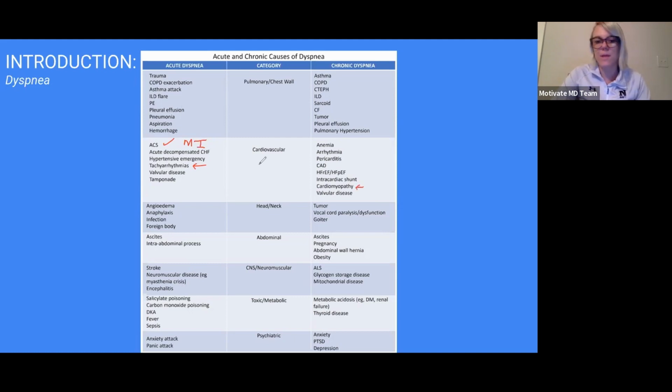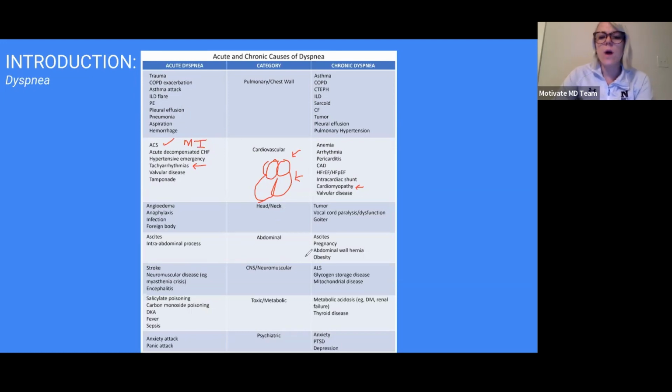What is a cardiomyopathy? We might see one later on where the chambers of the heart are dilated, and so that's called a dilated cardiomyopathy. That's a horrible rendition of the heart. Here's the atria, and then there's the ventricles. But when those chambers get dilated, it's not pumping as well. And when the heart's not pumping as well, fluid gets backed up into the lungs. You can get pulmonary congestion, you can have a pleural effusion, things along those lines.